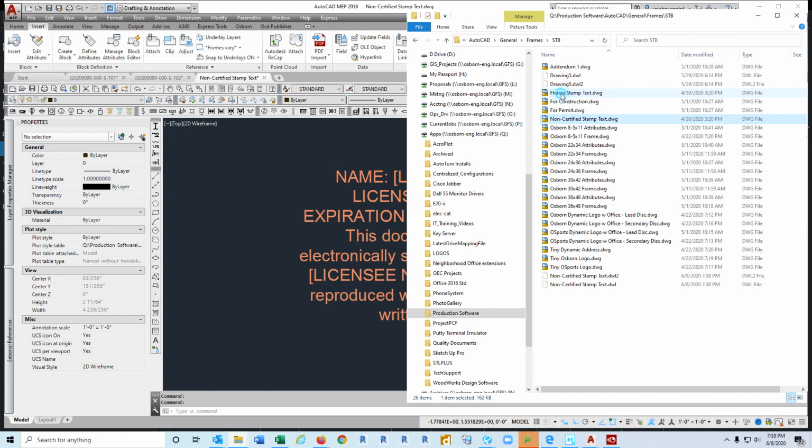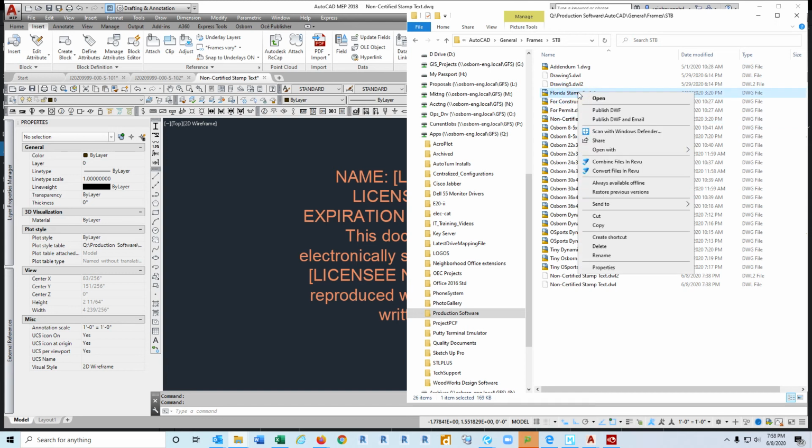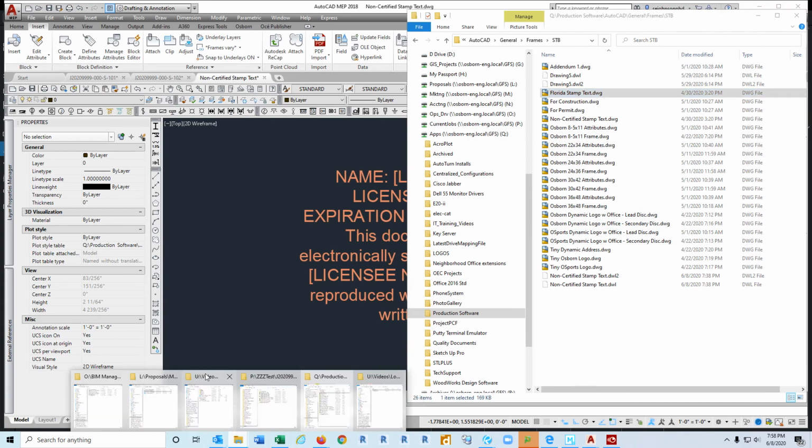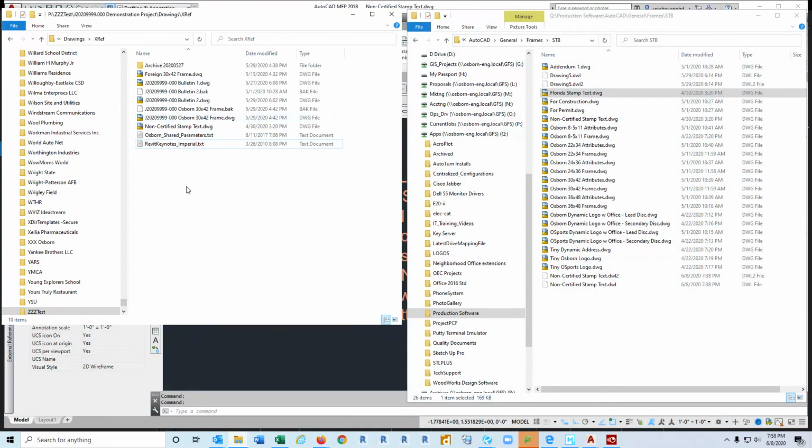The Florida blurb is called Florida Stamp Text.drawing. You need to copy that and paste it into the XREF folder for that project. And it's a good idea to prefix that with the initials of the stamp holder,